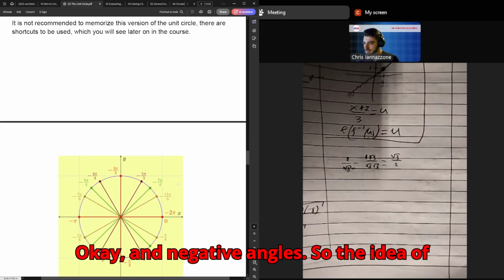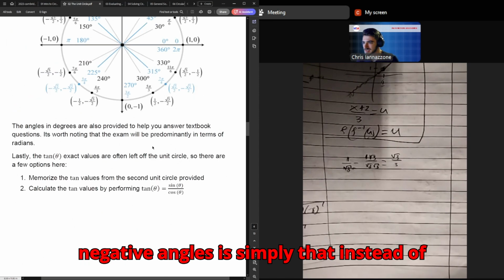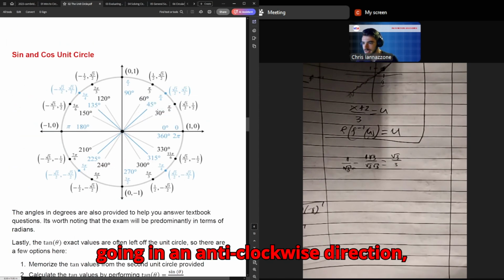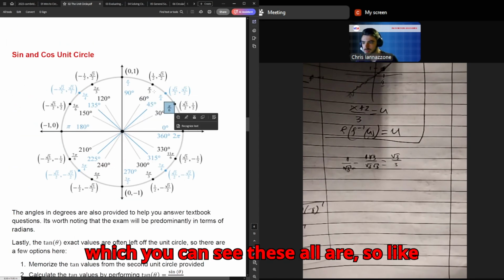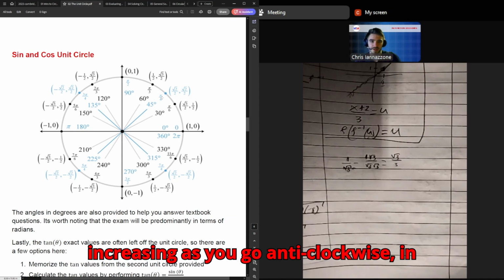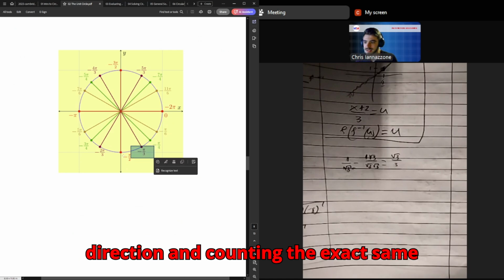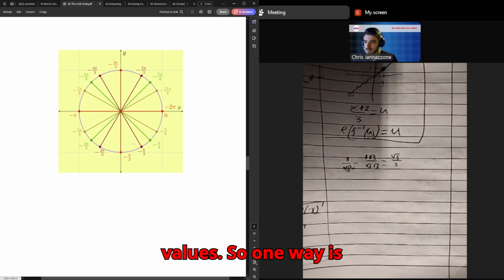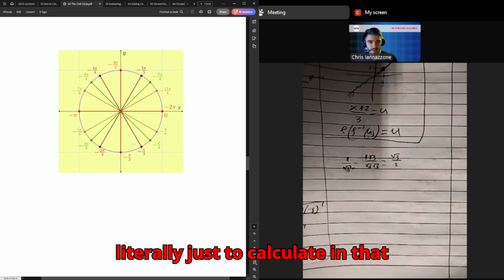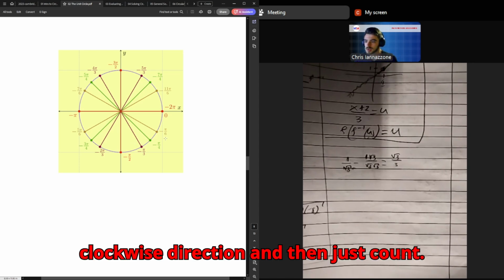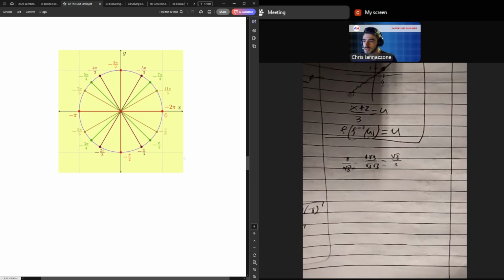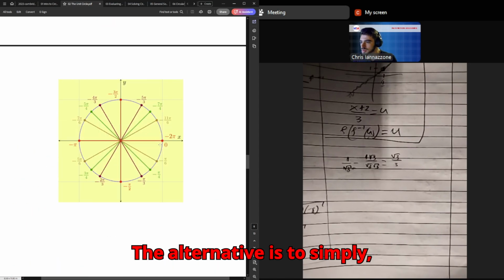Okay, and negative angles. So the idea of negative angles is simply that instead of going in an anti-clockwise direction, which you can see these all are, so they're increasing as you go anti-clockwise, in this case we're going in a clockwise direction and counting the exact same values. So one way is literally just to calculate in that clockwise direction and then just count. The alternative is to simply